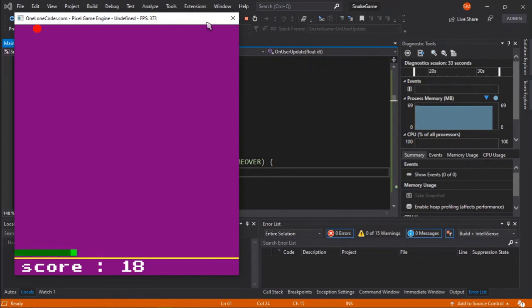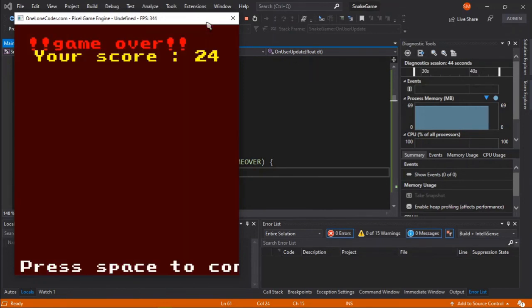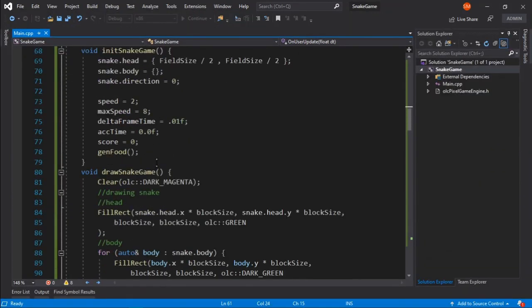Come on. Here like this, and now if I hit, it says game over, and after that your score is this, and press space to continue. Now one thing is that this press space to continue should be resized, so let's